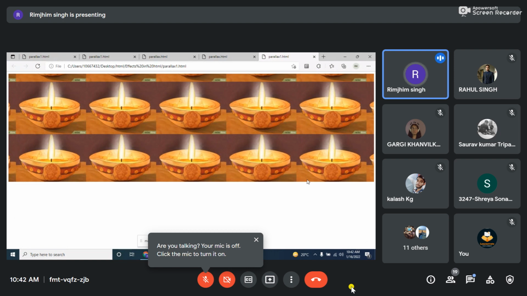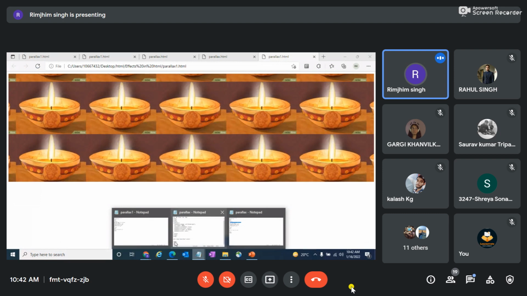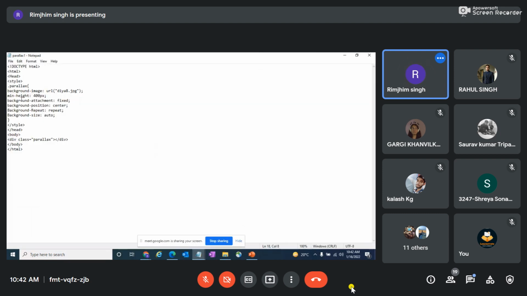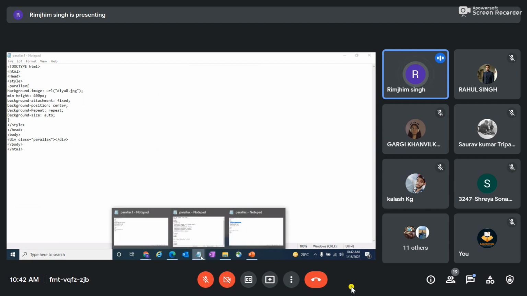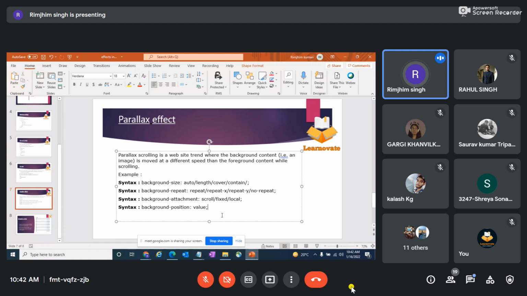Okay. So I told you there was an issue with the image part. Sometimes it takes in, sometimes it does not take because this laptop is an office one. And also I don't know why it is taking a lot of diyas. Minimum height auto. Okay. Because I have written here background repeat as repeat, that's why it is taking multiple images. And the reason why the scrolling effect is not coming here is because I have given my background attachment as fixed. So if you see here, my background size is auto, length, cover and contain.